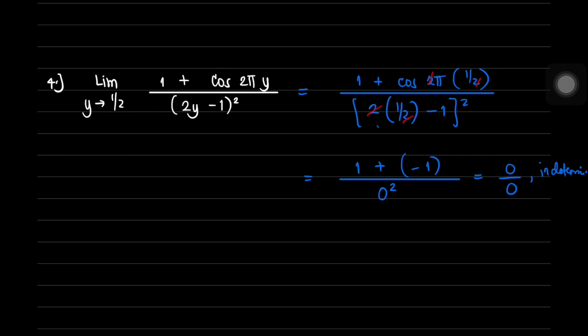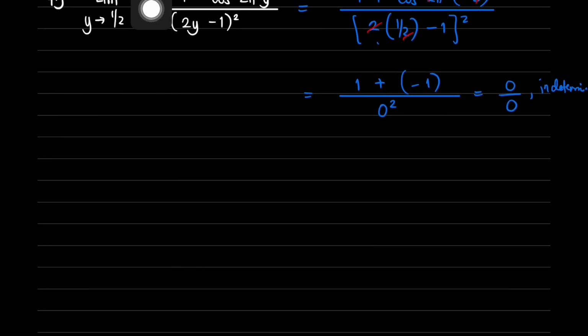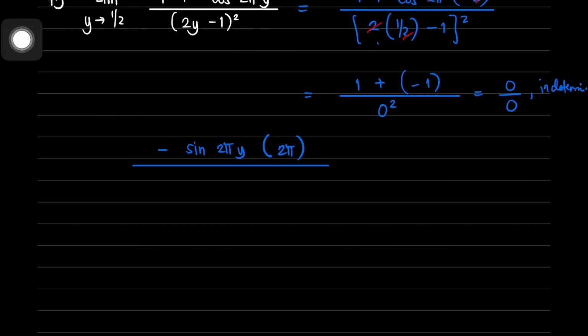Alright? So, since the result is 0 over 0, we can use L'Hopital's rule to solve for the limit of this function as y approaches 1/2. And to do that, we're going to get the derivative of the numerator, and the derivative of the numerator is equal to negative sine of 2 pi y multiplied by the derivative of 2 pi y, which is 2 pi. All over, the derivative of the denominator is equal to 2 multiplied by (2y minus 1) raised to 1 multiplied by 2,